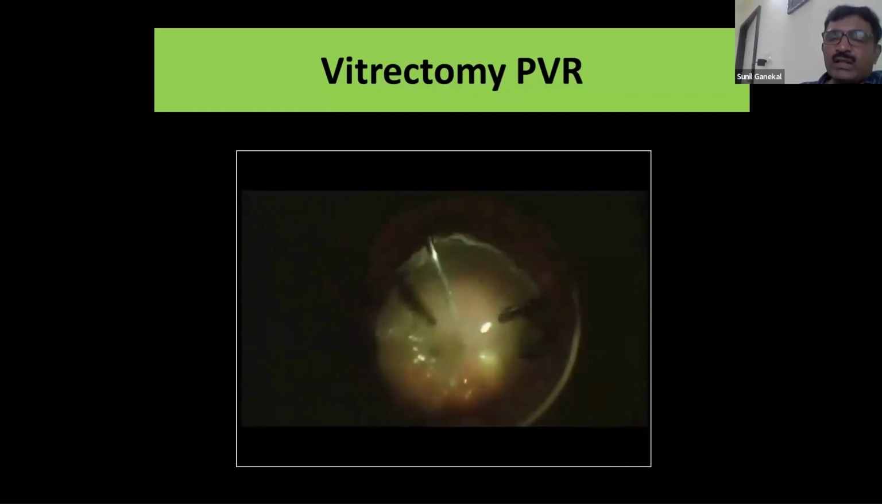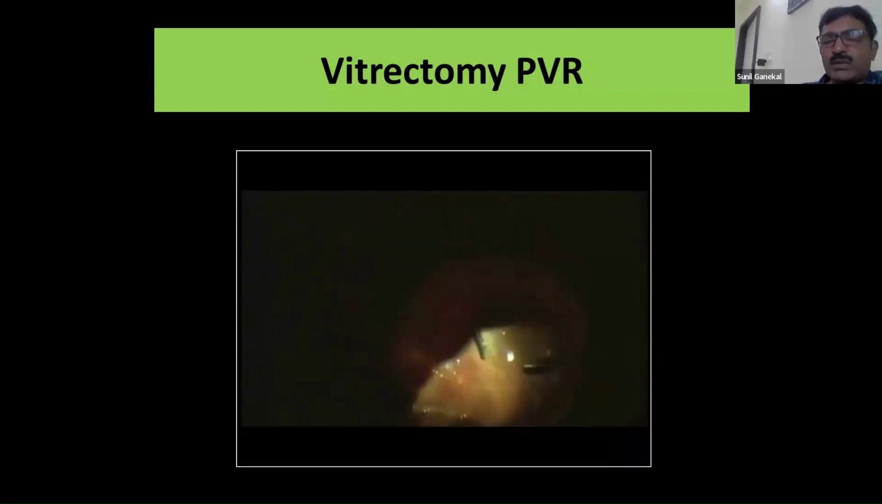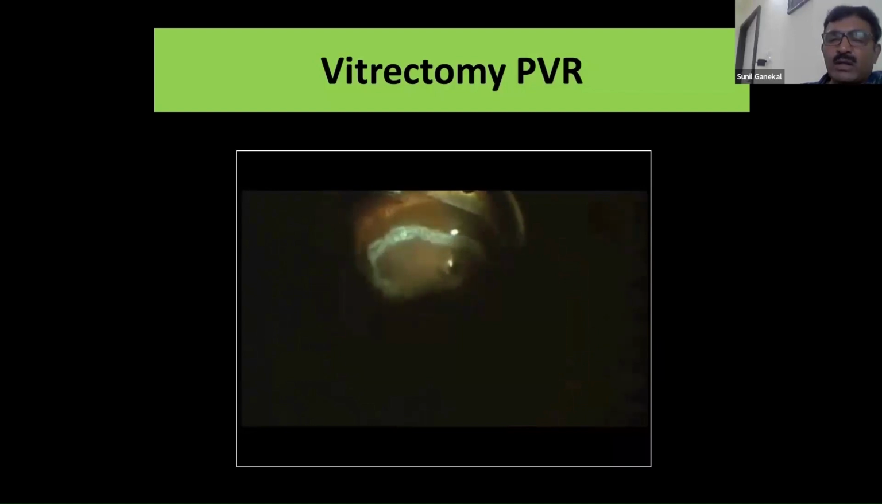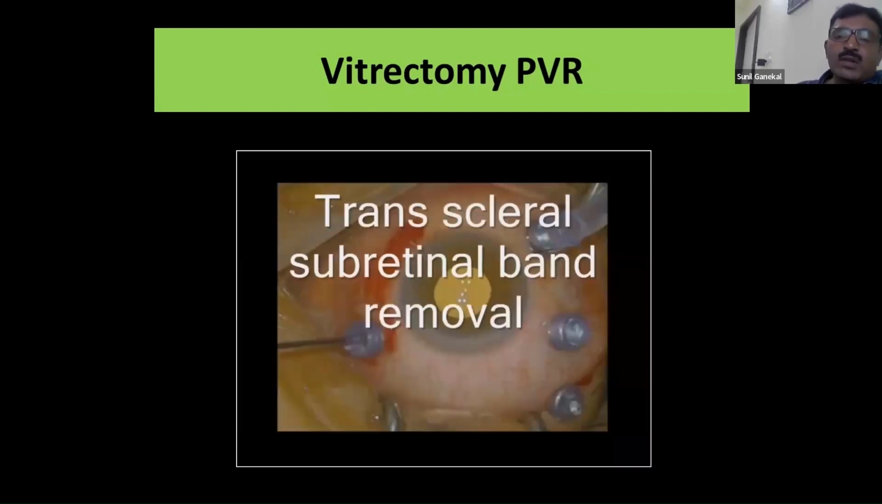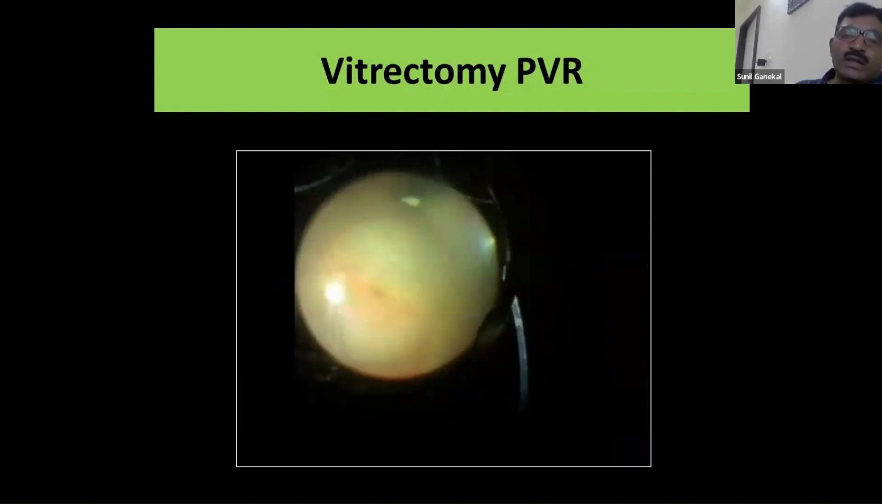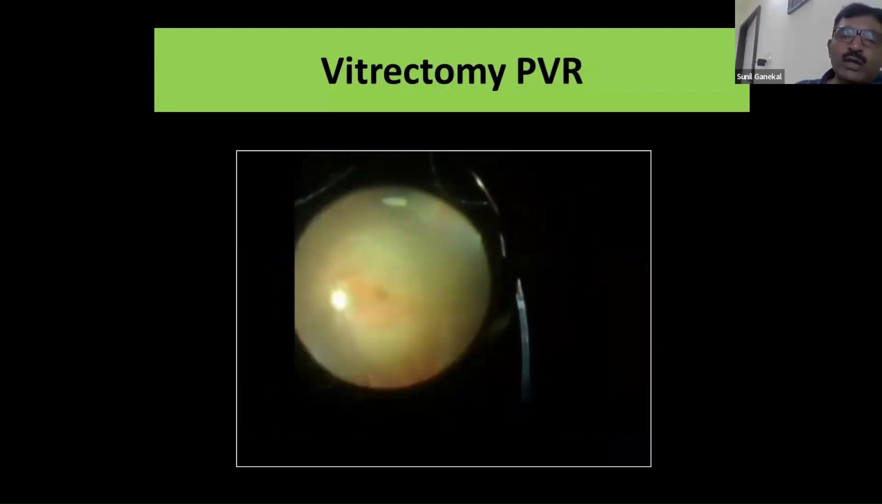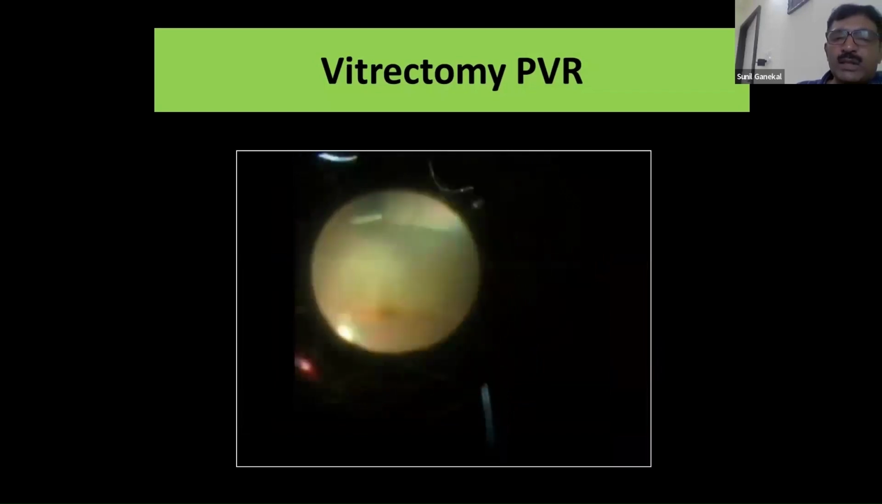Try to avoid 360-degree retinectomy as much as possible. Sometimes it can lead to the displacement of the fovea and macular rotation. So once you have done that, you can do a PFCL silicone oil exchange and do the endolaser to the edges. Sometimes, without doing a retinotomy also, you can go transclerally